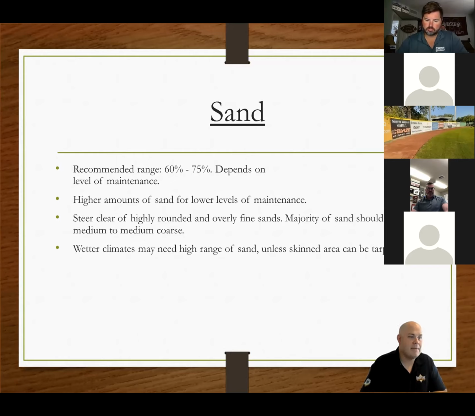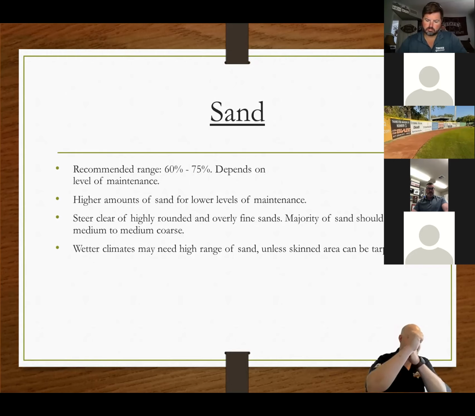Not all sand particles are considered equal. There's beach sand, which is very round. And then there's angular sand that is obviously very sharp. So finding a sand that fits into that medium to very coarse, that is subangular, is very, very important, because if it's too angular, the material is going to be way too hard once it actually sets up.